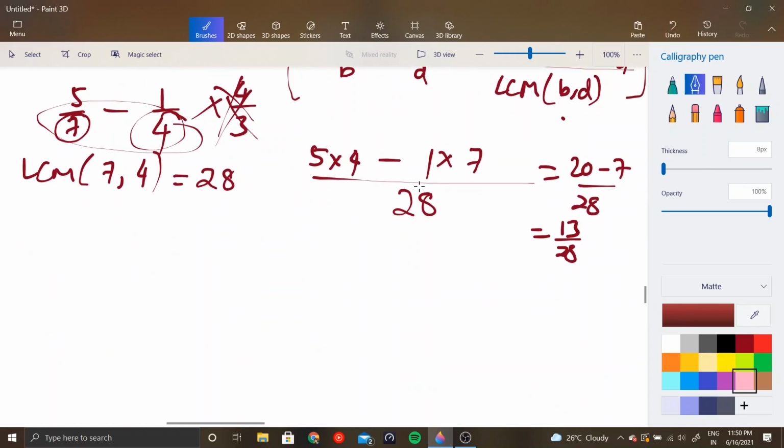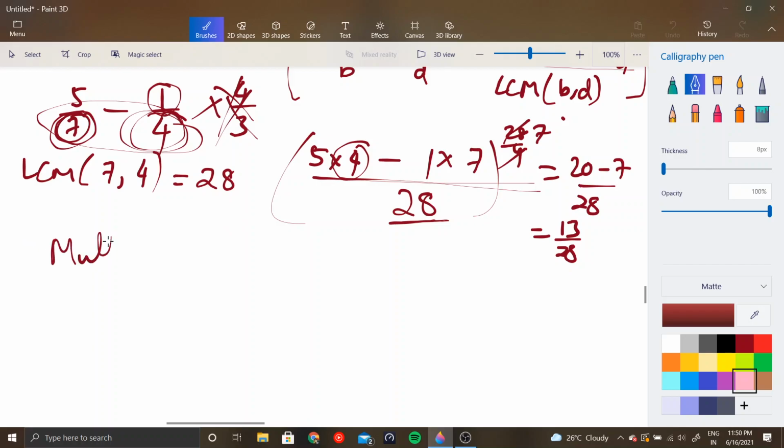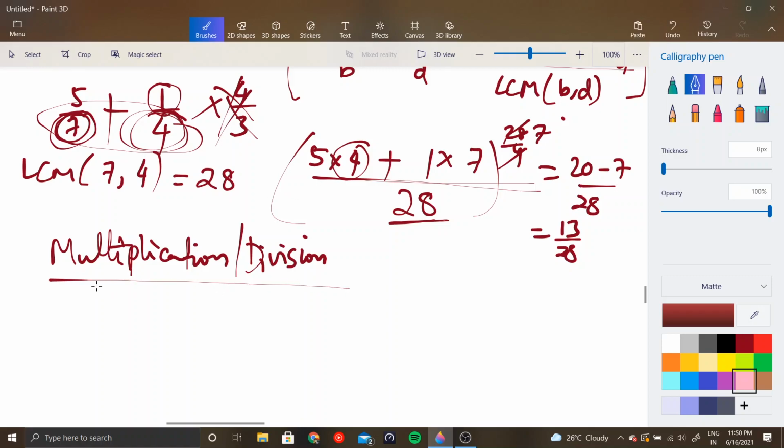Just figure out the LCM, that becomes the denominator. Now this denominator, multiply with such a number such that it becomes 28, you do that here, and here you have 4, so 28 by 4, 7, so this into 7, right? And then compute the value. Fairly simple, right? Now coming to multiplication and division. One more thing, addition is just the same thing. If they had asked you to add, you would have done the same. Okay. Now multiplication and division.